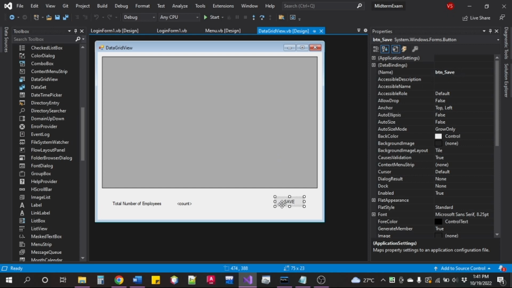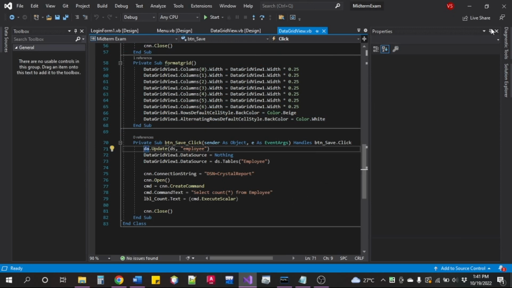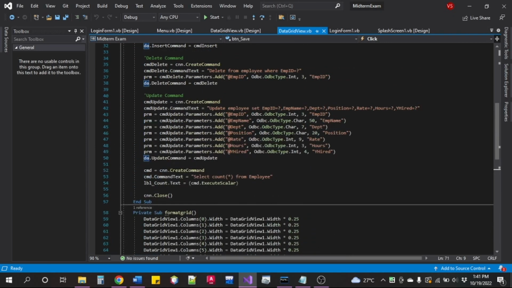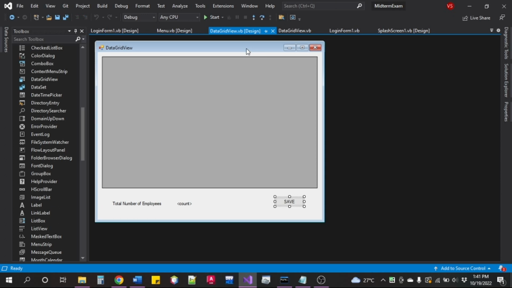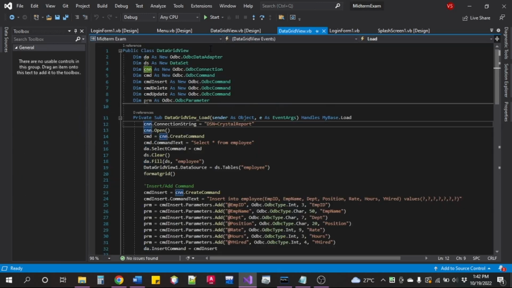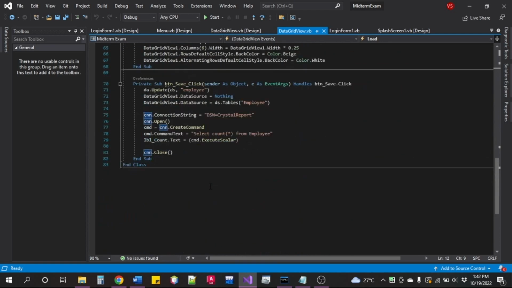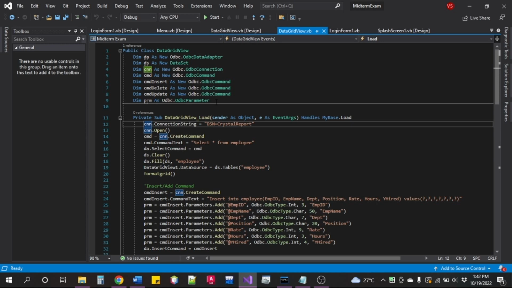So first, we will have the save button. So click the data grid view form. If you click this, it will be transferred here, DataGridView_Load. So before anything else, what we need for these following commands are these